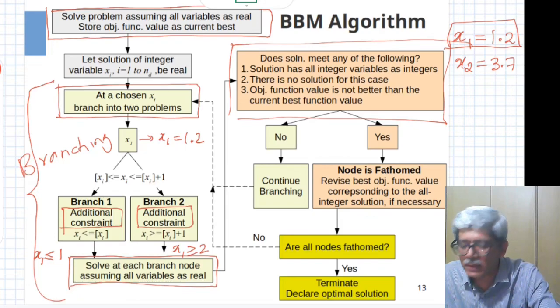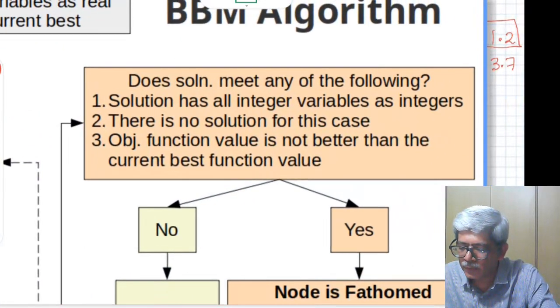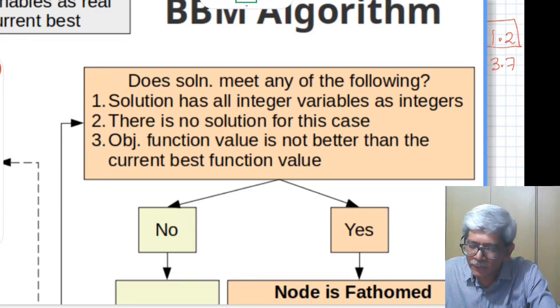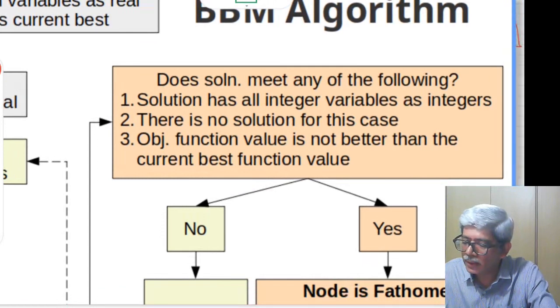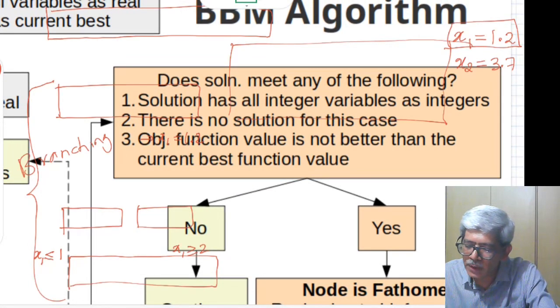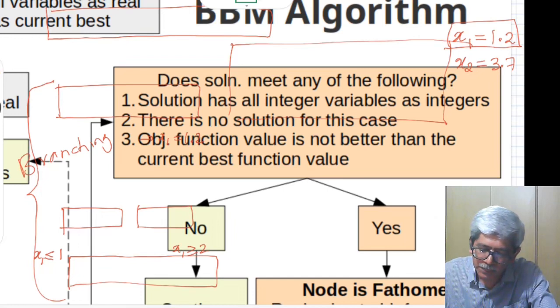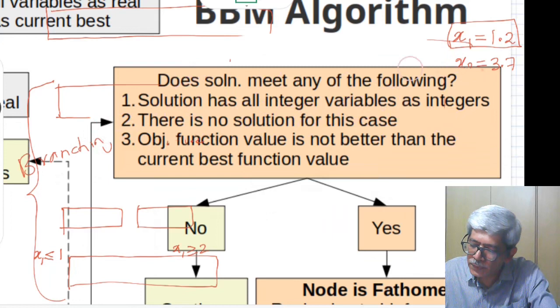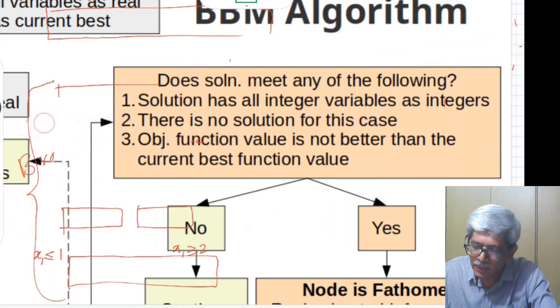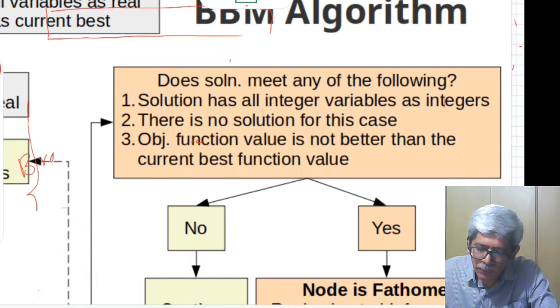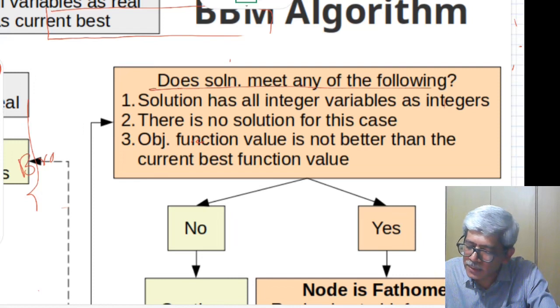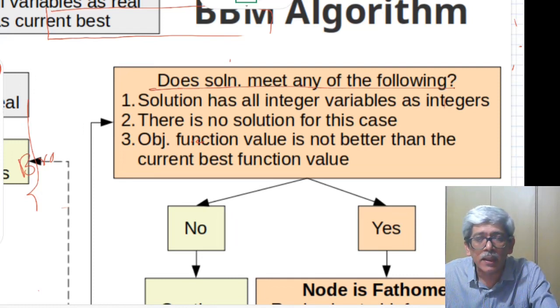In order to make it visible, I will just expand it so that you can read it. So here we are checking, does the solution meet any of the following criteria? So we are looking at some criteria which are to be met at this particular point. So let me rub off the earlier writing. Okay, so what I am looking for here is one of the 3 things. If it is met, then that node can be considered as fathomed, or there is no further point in proceeding along that particular path.